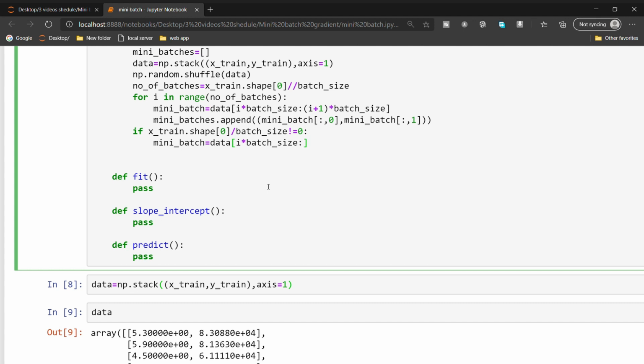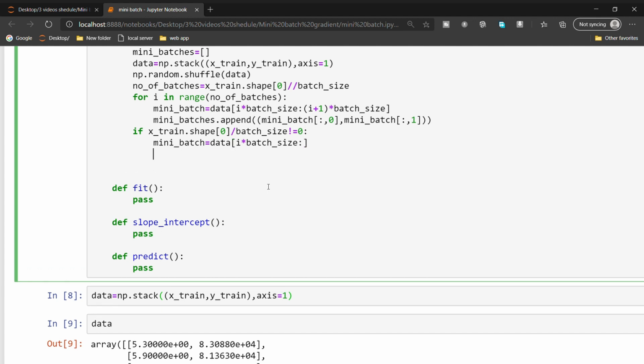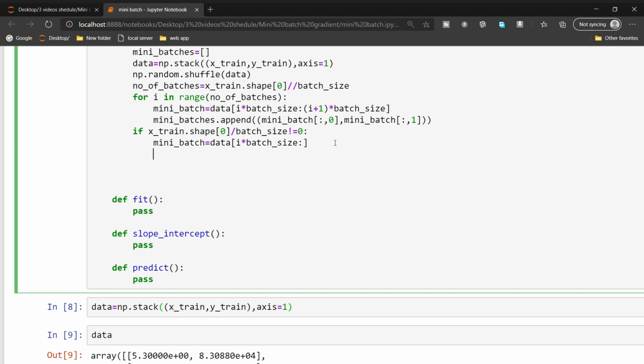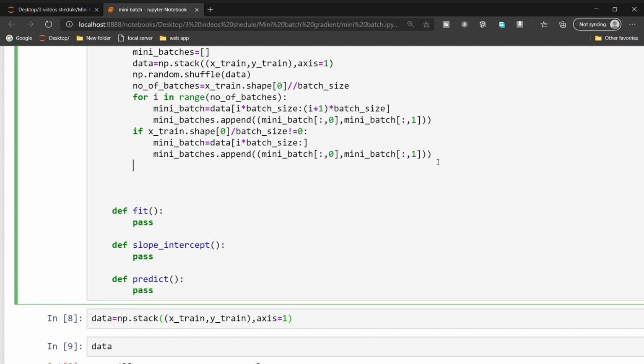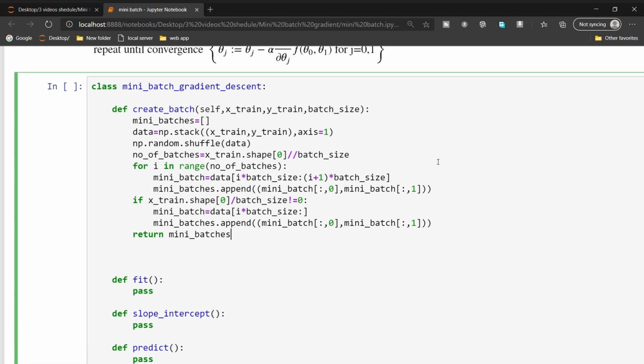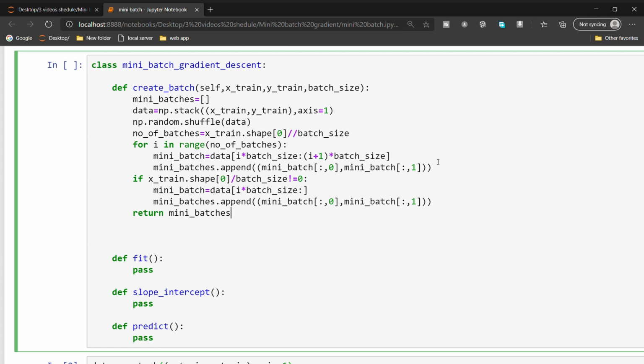That's all from batch size starting to ending onwards. Finally I am copying this line. Finally, you need to return the batches. Return mini batches. So we completed our first function, create batch.